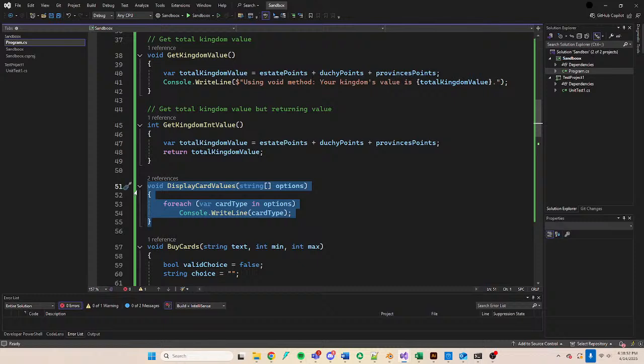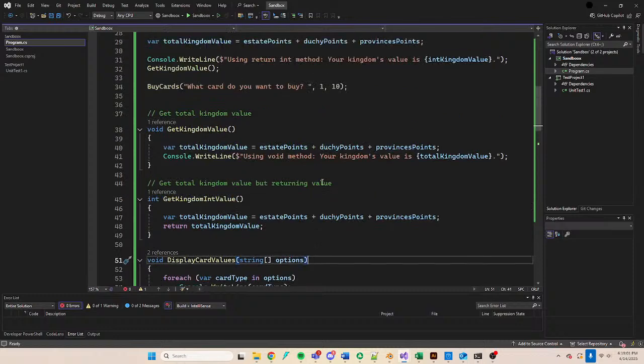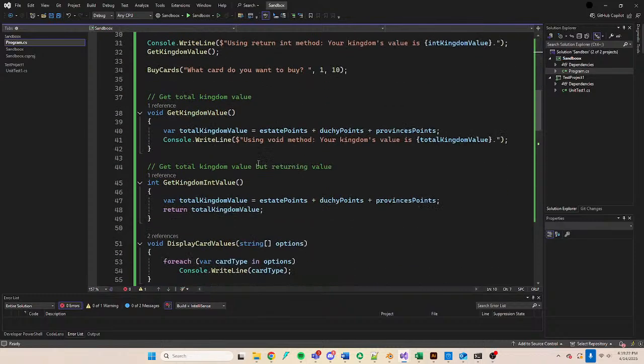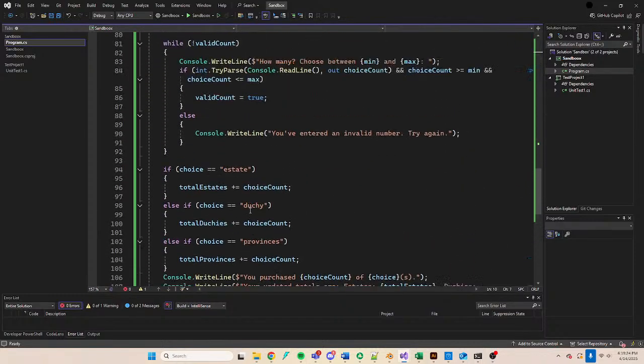The only data it's using is its own data and the parameters that it's been fed when it's called. And the advantage of this is that now I can use this method in more places; it's a bit more flexible. So before, if I said, well, in the first place I wanted to do estate 1, duchy 3, province 6, I can definitely display that. But for example, if I come down here where I was calling that in the other place,